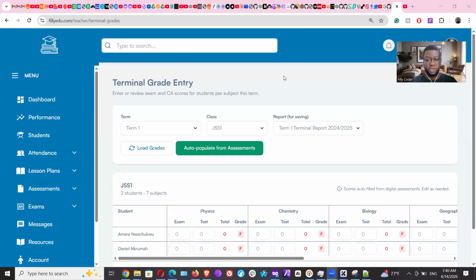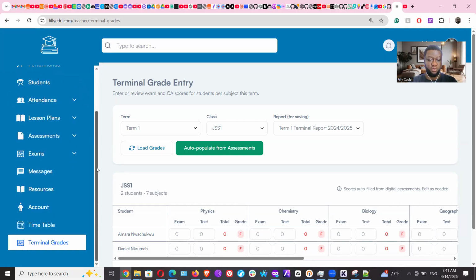In this video, I'm going to explain some exciting new features we've added to Filly Edu. Right now, one of those features is the ability to auto-generate terminal grades. So I'm logged in as a teacher here, and when you log in as a teacher for any given term,